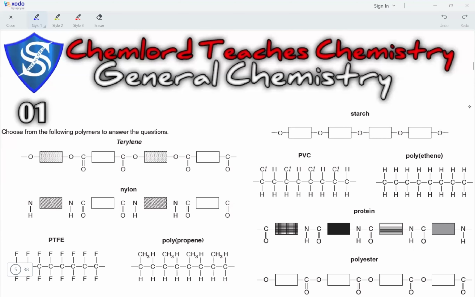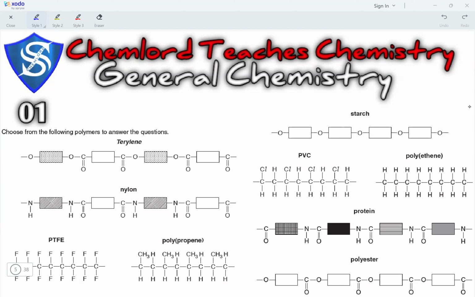Hi guys, this is O-level chemistry and we're looking at some general chemistry concepts. Question 1. Choose from the following polymers to answer the question. The polymers listed are terylene, which is a polyester, nylon, which is a polyamide, PTFE and polypropylene are addition